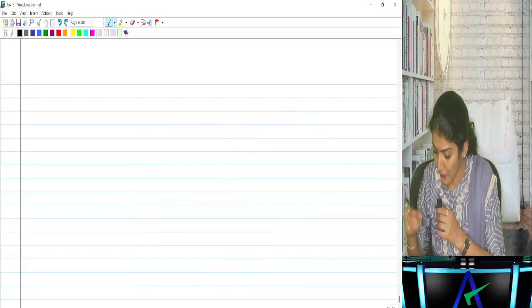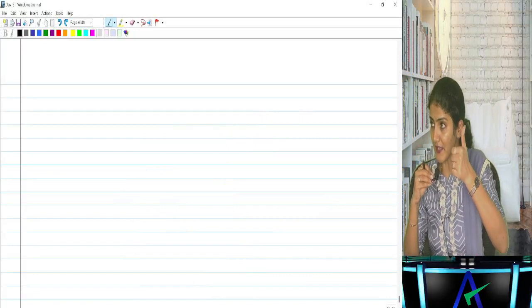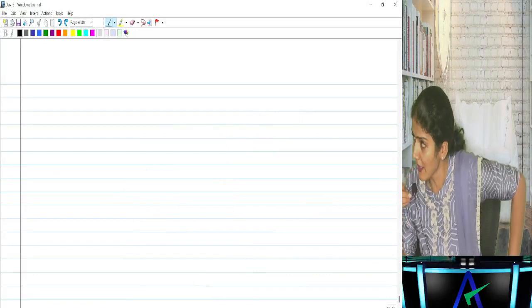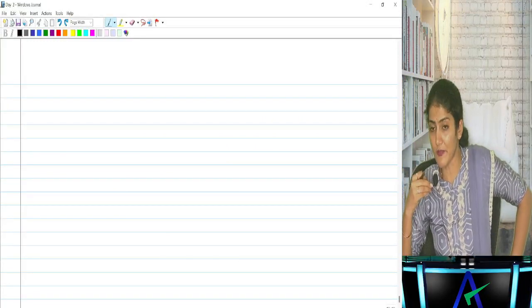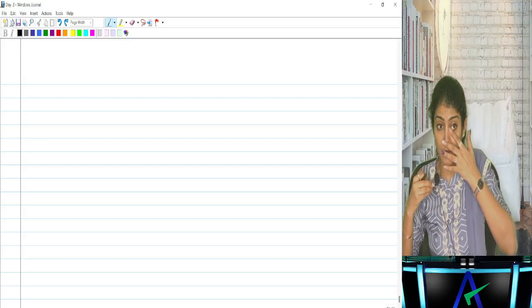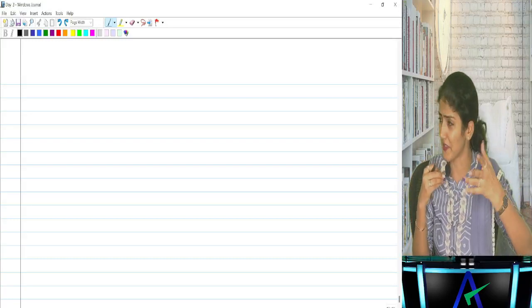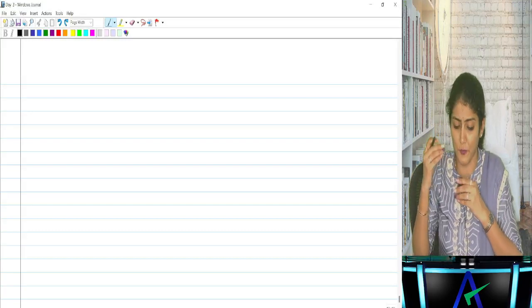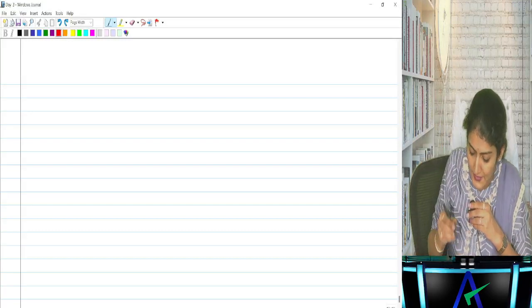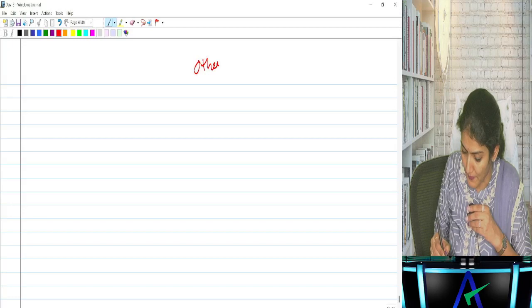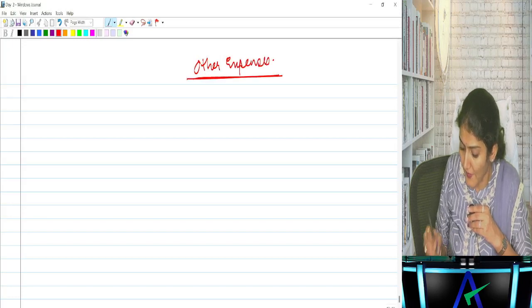For other income, what were the three other incomes? Interest income, dividend income, and the profit or loss on the sale of investments in the mutual fund. For each of them, we have to study the recognition criteria and then the verification, that is, what are the audit procedures to be performed by the auditor, right? Now we come to the last item over there, which is regarding the other expenses.